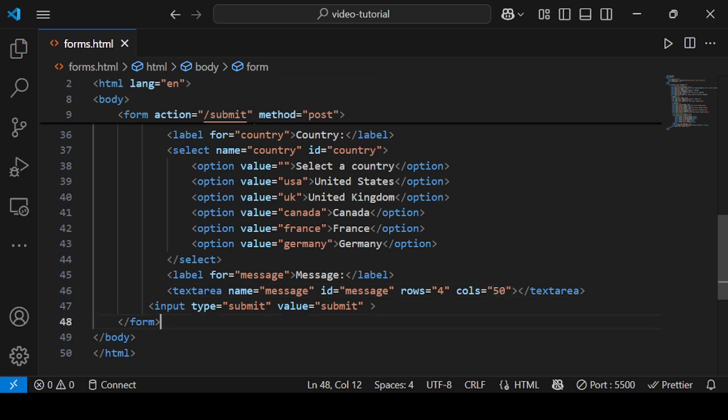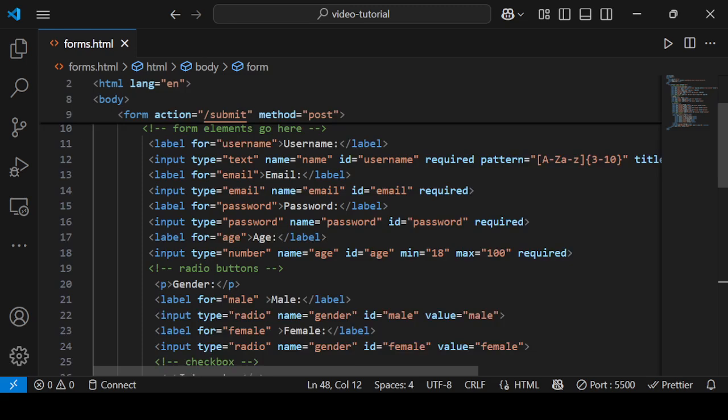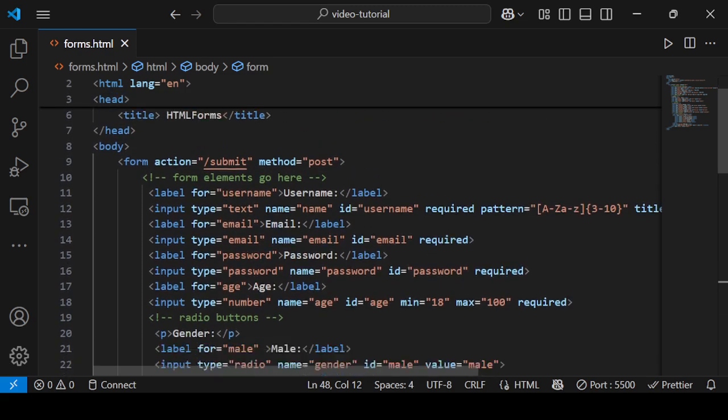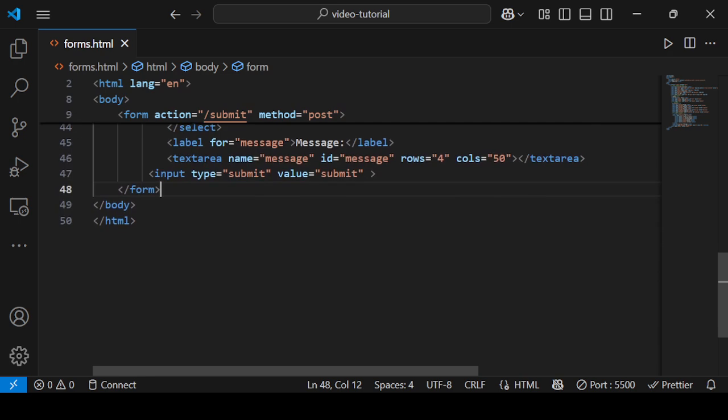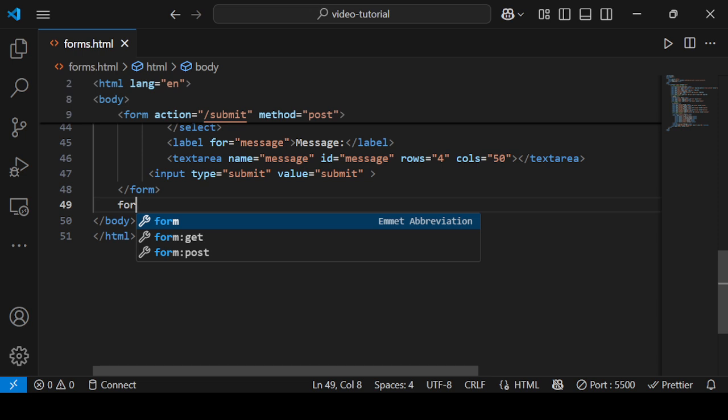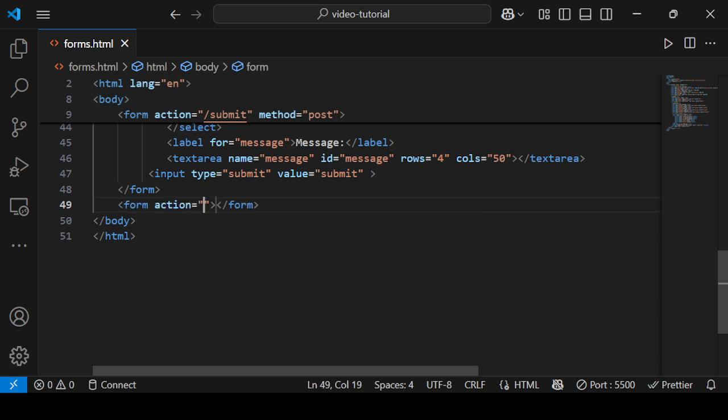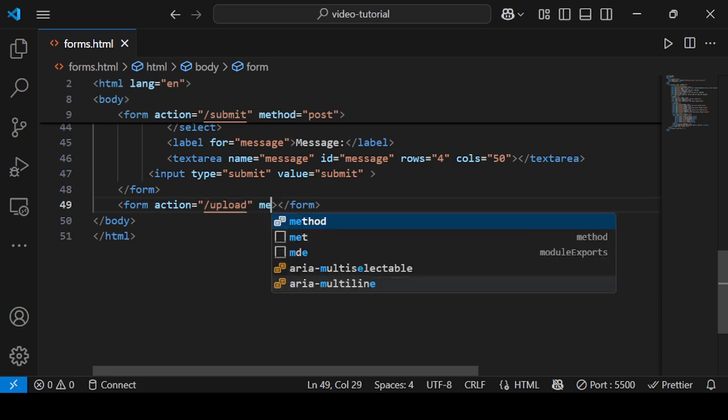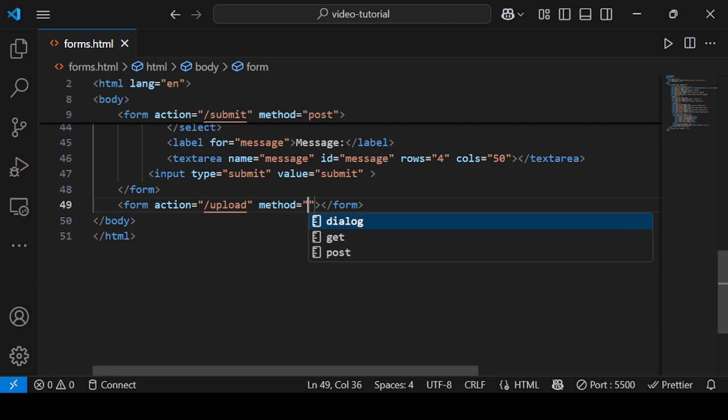We can now do another form here, and let's say we want to upload files. So forms for uploading files will be a bit different from what we did. This one was just a submission form, so the action is submit. When we want to upload files, we also need a form, and then the action will now be upload. So we can add in the upload, and still we have the method. Our method will still be a post method because we want to upload a form, and then